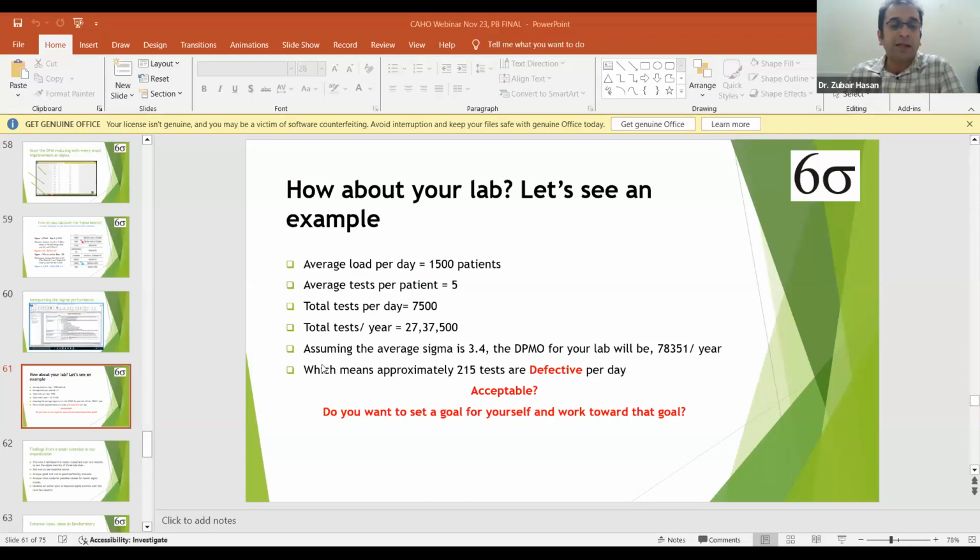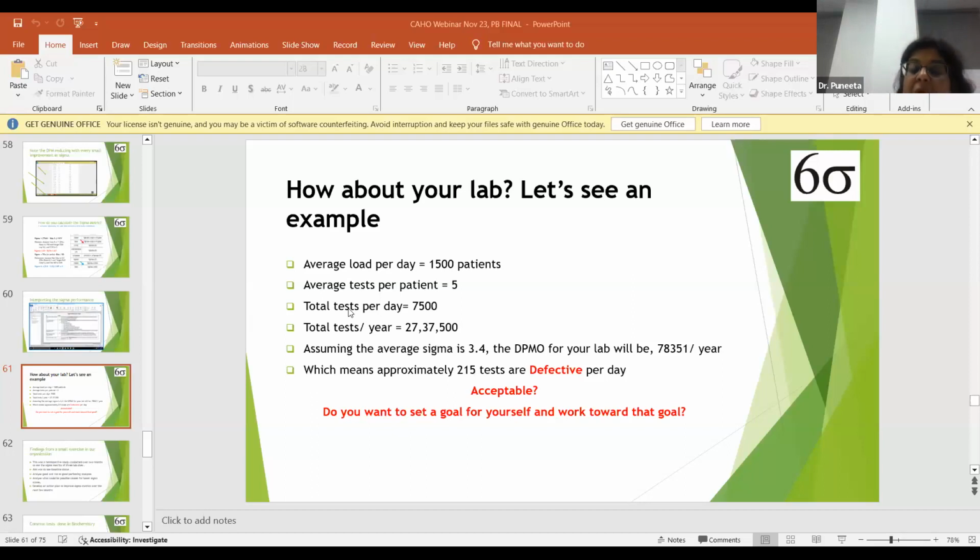Okay, next question: is calculating Six Sigma and following QC practices accordingly acceptable if the lab is NABL accredited? Well, as per me, yes. I've seen that NABL only gives you the minimum requirement for the QC, right? Nobody is stopping you from doing more. Nobody is stopping you from doing more QC runs. I don't think anybody would have a problem